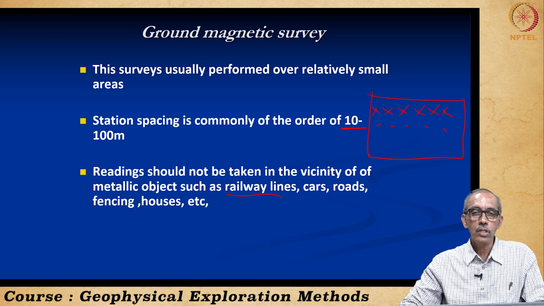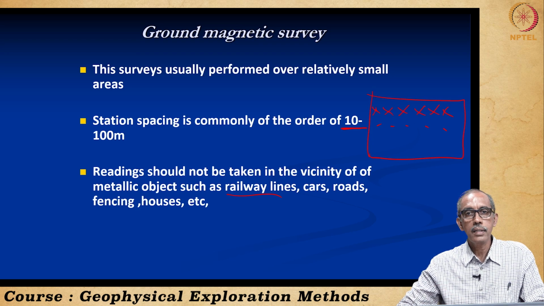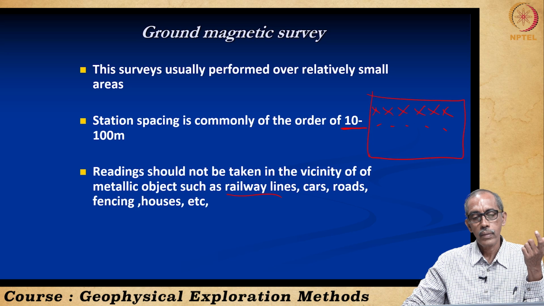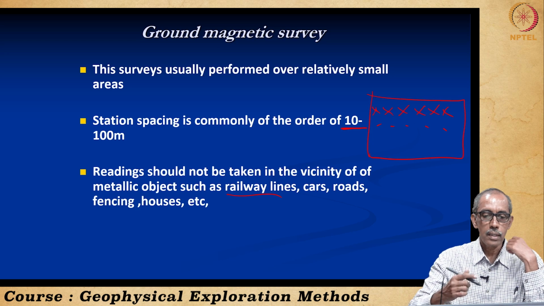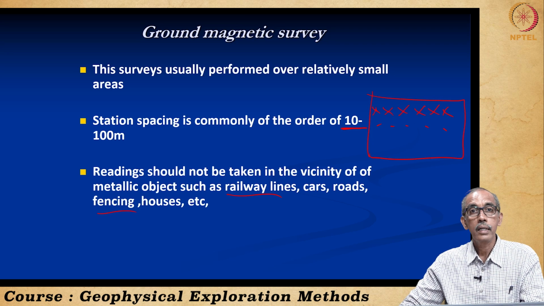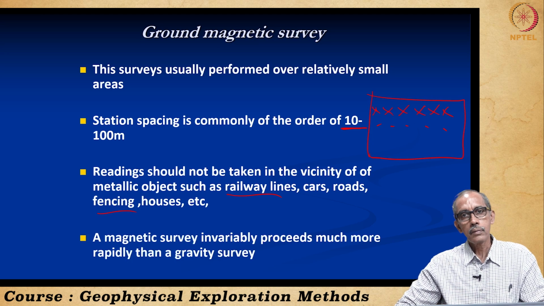On roads also, we have brought in a large amount of massive rocks. The aggregates used in the tar are rocks. We already know rocks have high magnetic intensity, so we have to be cautious. There should not be any fencing or urban area. In an urban area, it is practically impossible to go for the magnetic method of surveying.